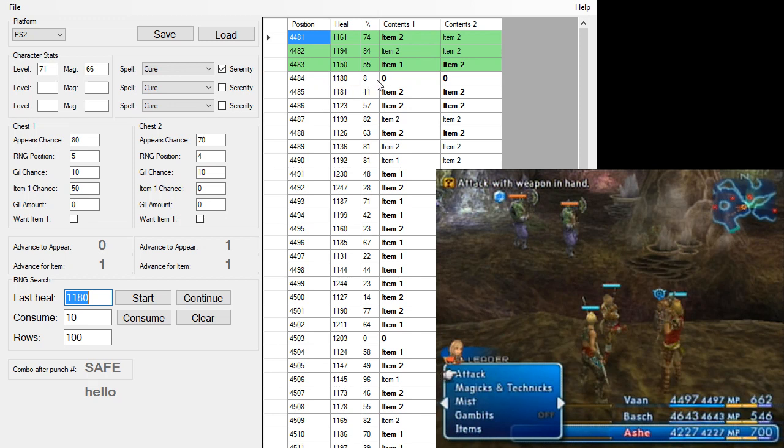Now that I'm manipulating Gil, you can see we have to look at this contents, as there is no advance for Gil here. So I have to pay attention to this. These both chests have a Gil chance of 10%, which is what I have put here. So I have to look at any Gil values over here. So I put Gil amount as 0 for both of these chests in this one, because